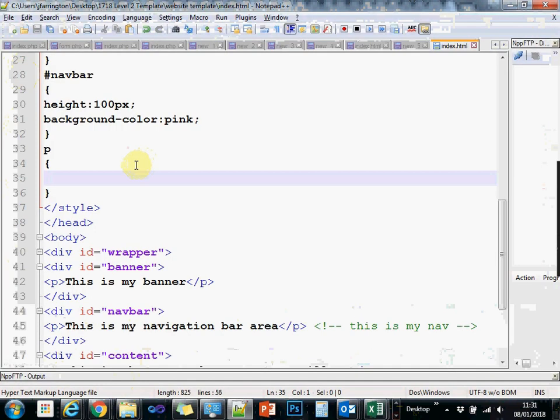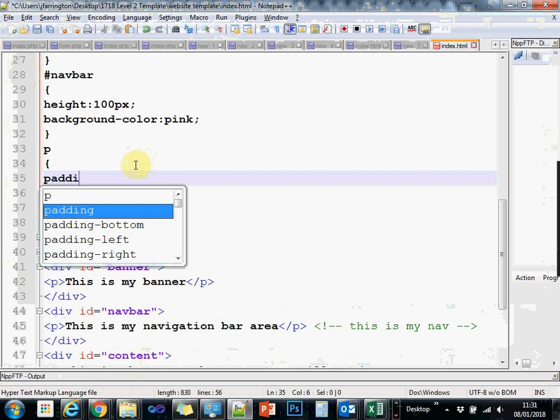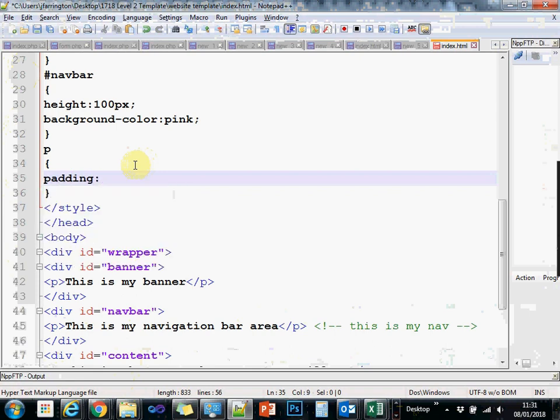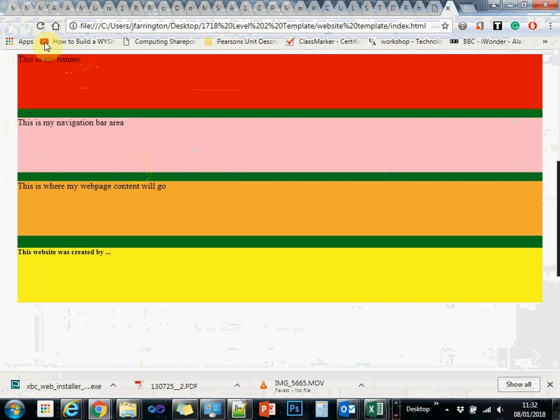So if we type in the word padding in our brackets and give it a value of 10 pixels, and then give it a semicolon at the end, then save that and then preview it. Now I'm going to just refresh my page, and if you look, watch what happens to each piece of text inside the divider. It's going to move. It's moved down and it's moved along. So that is 10 pixels of padding